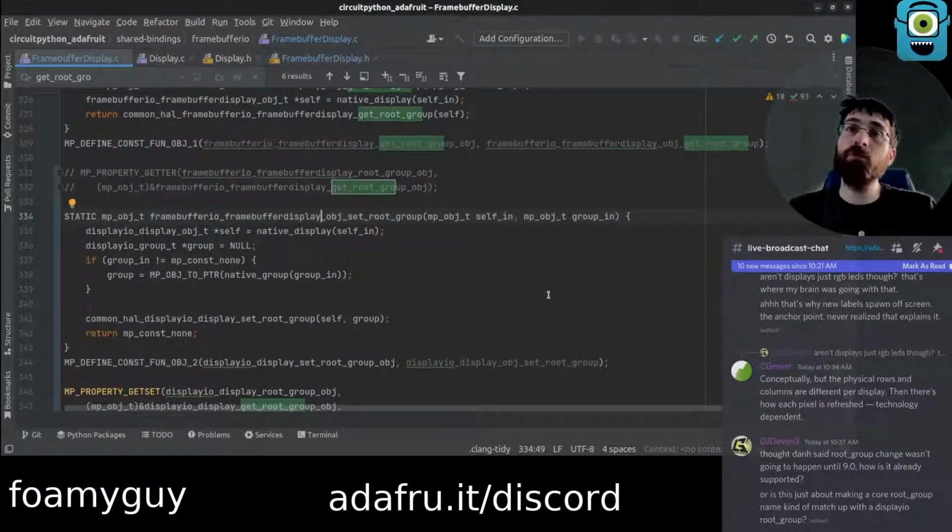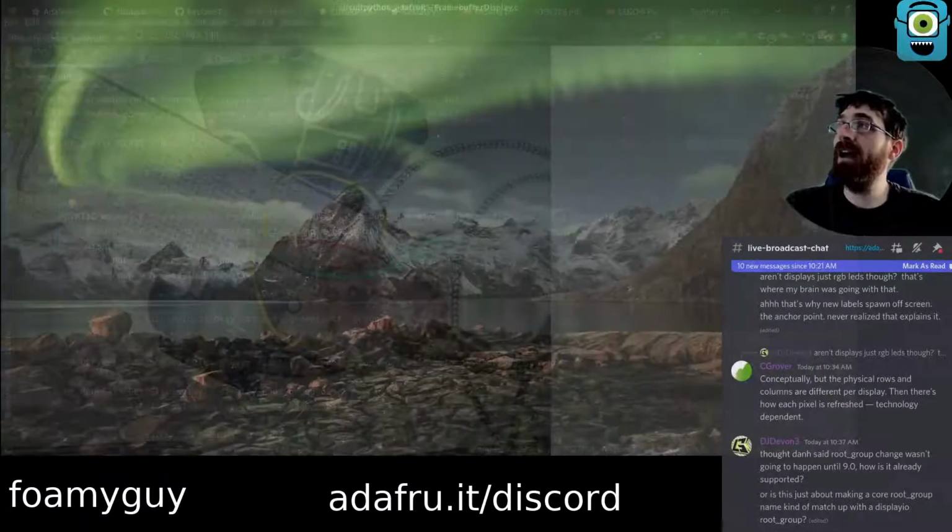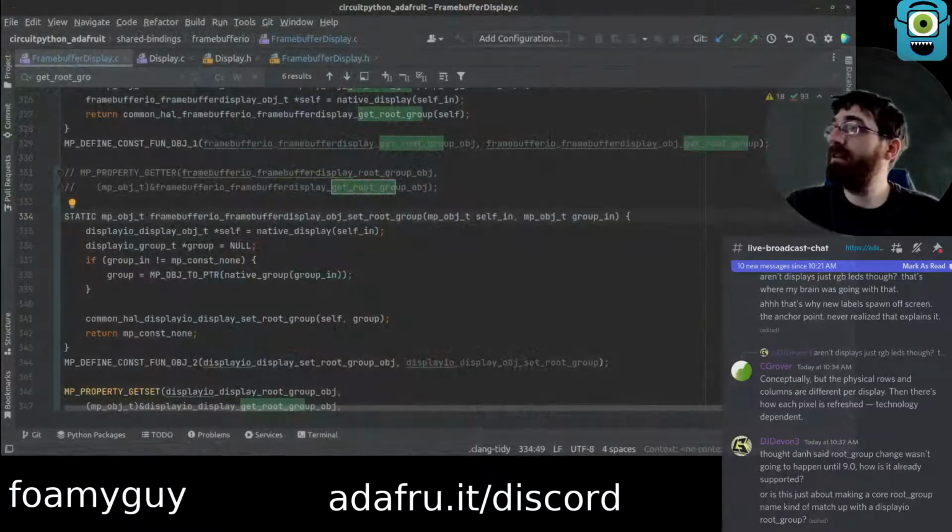You'll be able to use the set root group API, but you'll also still be able to use the show API until CircuitPython 9. Then in CircuitPython 9, you will not be able to use the show API anymore. You will have to use the newer set root group API.